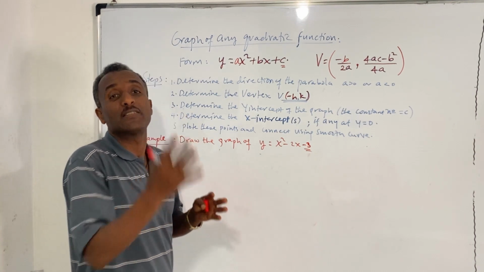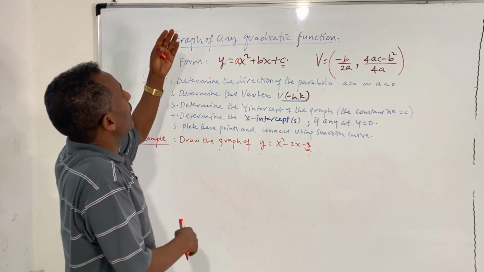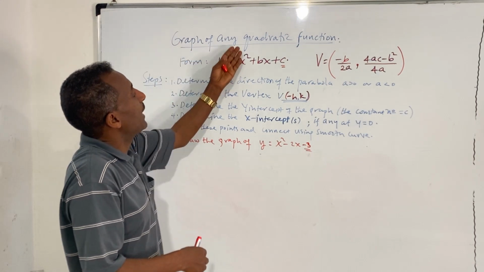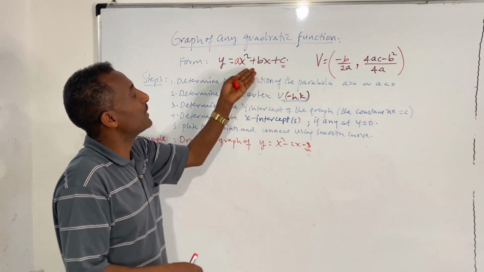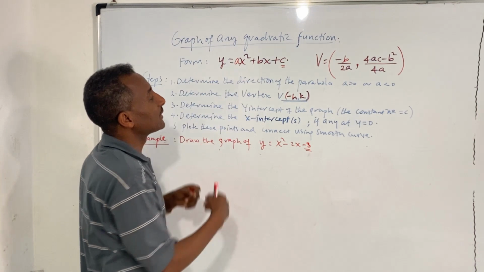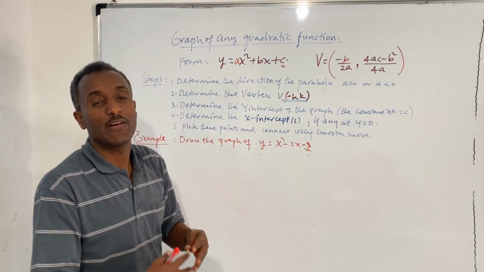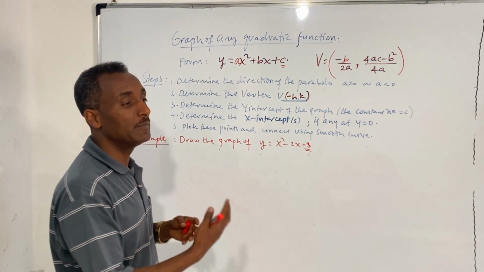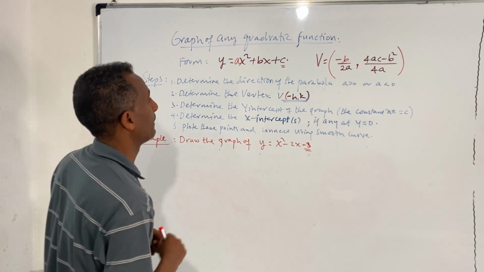ነገር ግን በዚህ መልኩ ባይሰጠን if it is in the form y = ax² + bx + c አይነት ፎርም በዚህ መልኩ ቢሰጠን ከዚህ ተነስተን እንዴት ነው ግራፋችንን መሳል የምንችለው? መጀመሪያ ምን መረጃ መሰብሰብ አለብን የሚለው ነገር እናያለን። ኦኬ፣